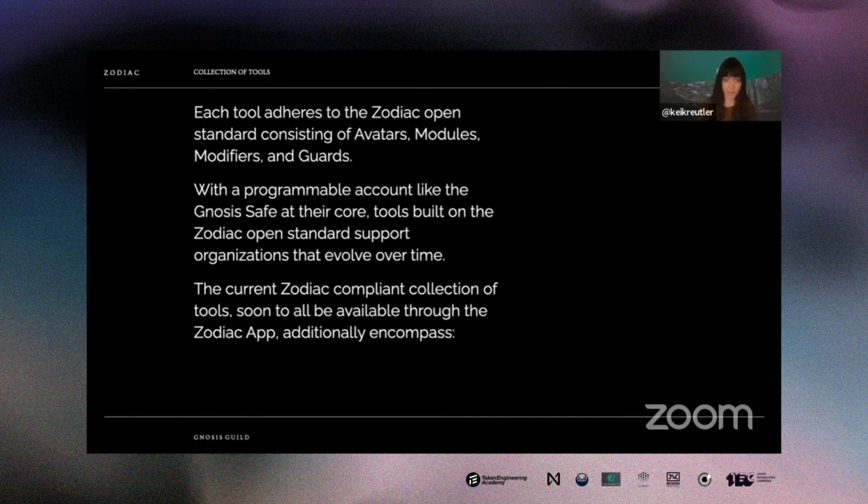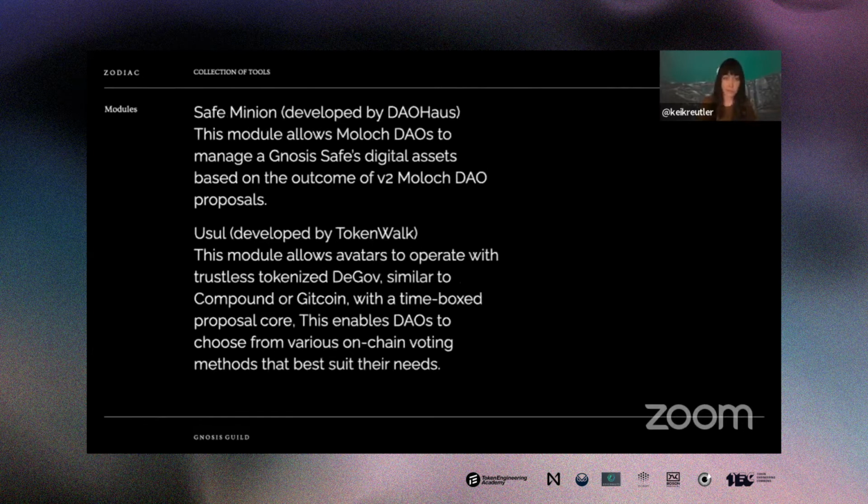And the current compliant collection of tools, which will soon all be available in part through the Zodiac app, also encompass the Safe Minion, which was developed by DAO House. This essentially allows Moloch DAOs to manage the Gnosis Safe's digital assets based on the outcome of V2 Moloch DAO proposals. There's also Usul, which is developed by TokenWalk, a close collaborator of Gnosis Guild, and it allows accounts and avatars to operate with trustless tokenized decentralized governance, similar to Compound or Gitcoin, with a time-boxed proposal core.